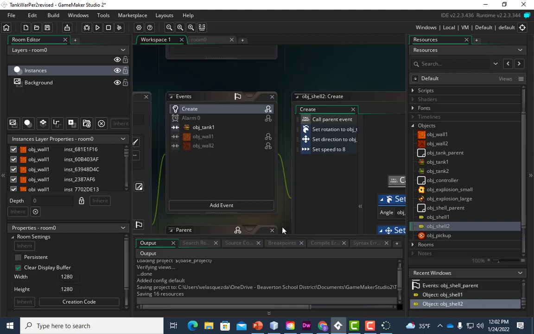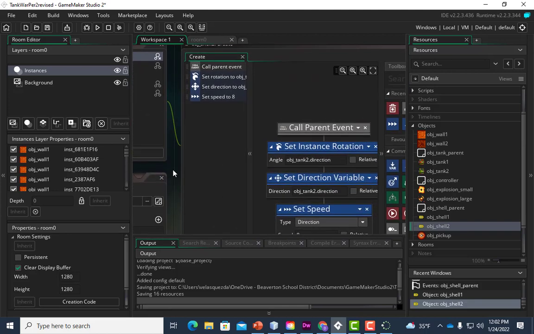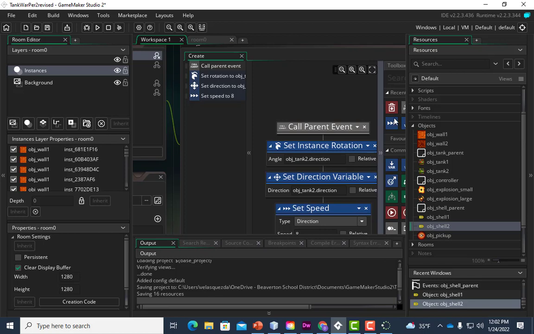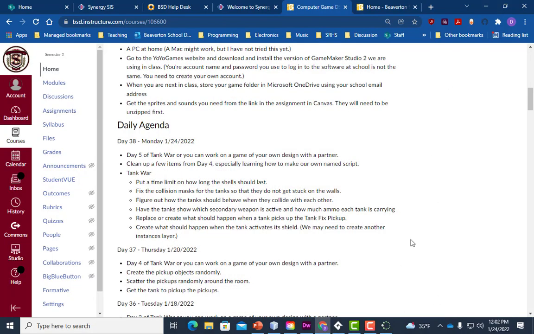This is in the create event. So we call the parent event. Yeah, everything's fine. So I really don't know what's going on here. So let me think about